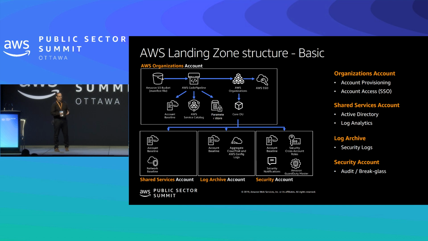And it starts off with the shared services account. And notice in the top left corner, if you can see it, every account on the screen has that account baseline. So as this account gets created, those baseline requirements automatically get applied. For example, sending logs to the log archive account. The security account has those security cross-account roles. It becomes an Amazon GuardDuty master account. The notifications live here. All of this will get set up during the initial installation and deployment of this solution.